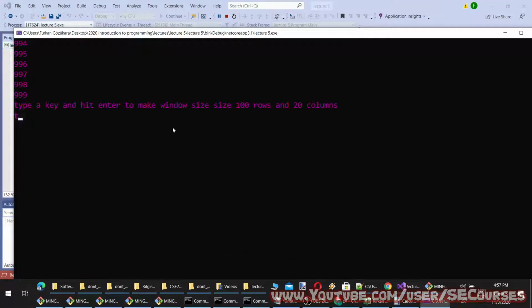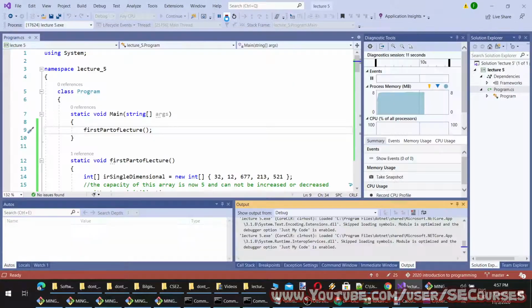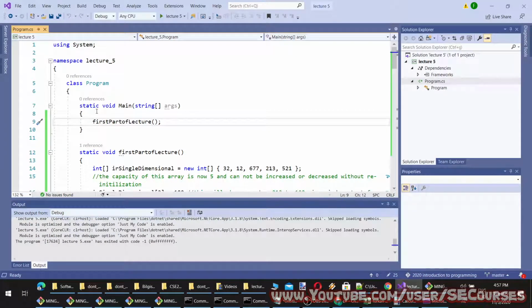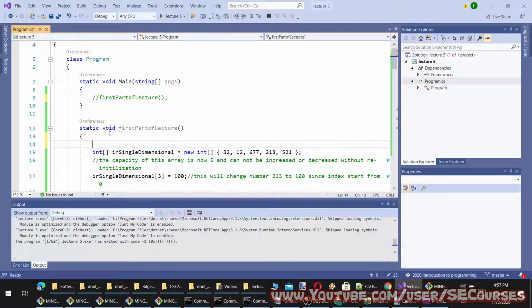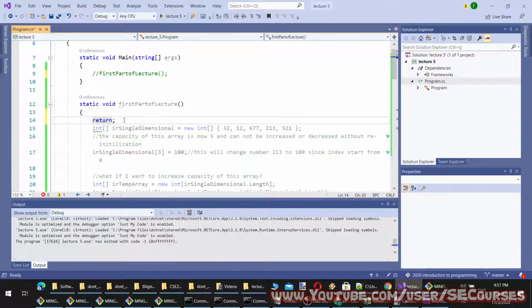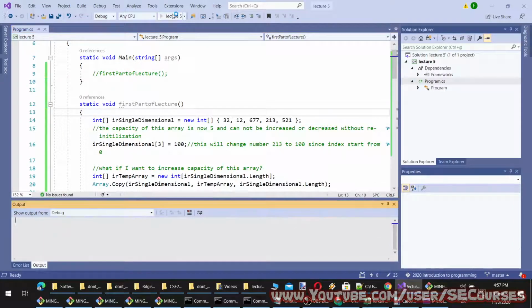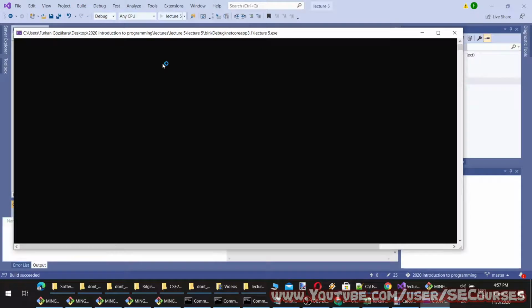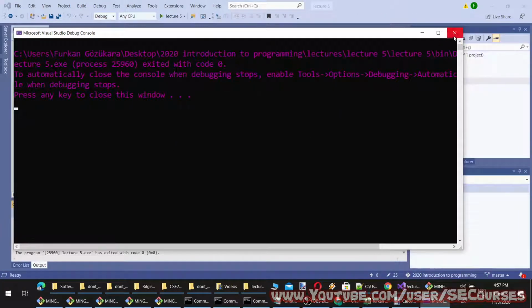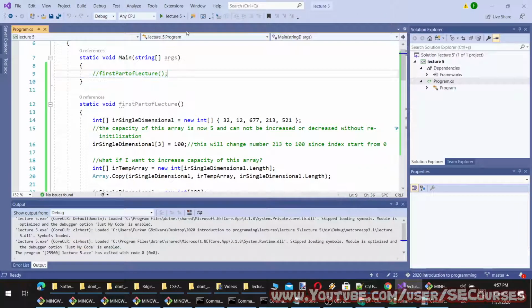Okay, you see everything is working the same. However, if I comment this or return to here, it will not be running as before. So I am starting it. You see now empty because this method is not called anymore.